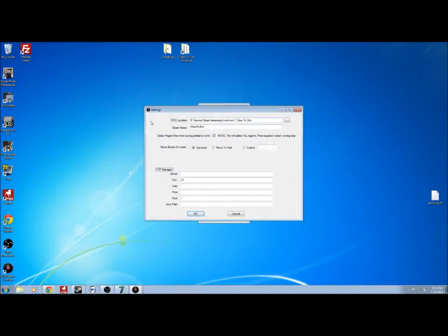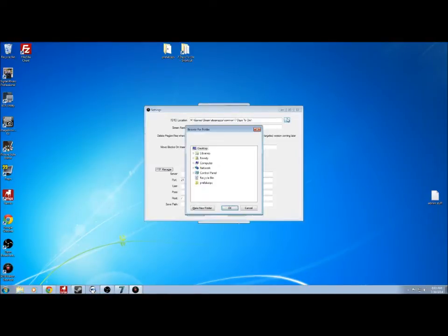It's going to bring up the settings panel because it doesn't have these set. You're going to have to tell it where your 7 Days to Die folder is. So you just click on over here, go through your system, find your 7 Days to Die folder. For those of you that aren't real sure, through Steam, it'll usually be on your C or alternate drive. But on your C drive, it would normally be under your program files,